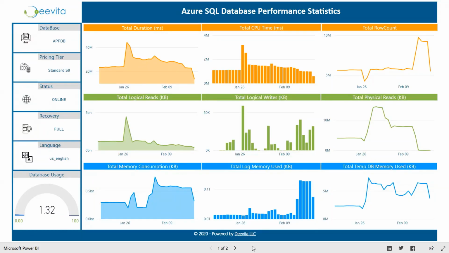Database administrators face challenges in ensuring the optimized functioning of the database operations. This dashboard from Deevita, built on Power BI, helps them in the performance tuning of the database. The left extreme corner shows the database information such as the name, pricing tier, status, recovery status, language, and the